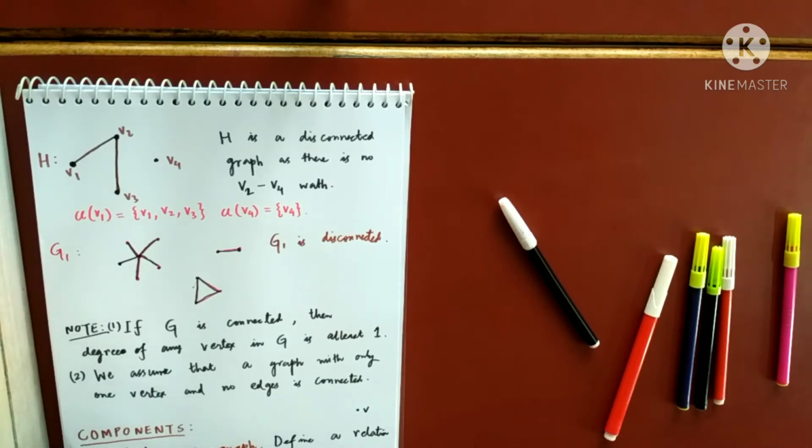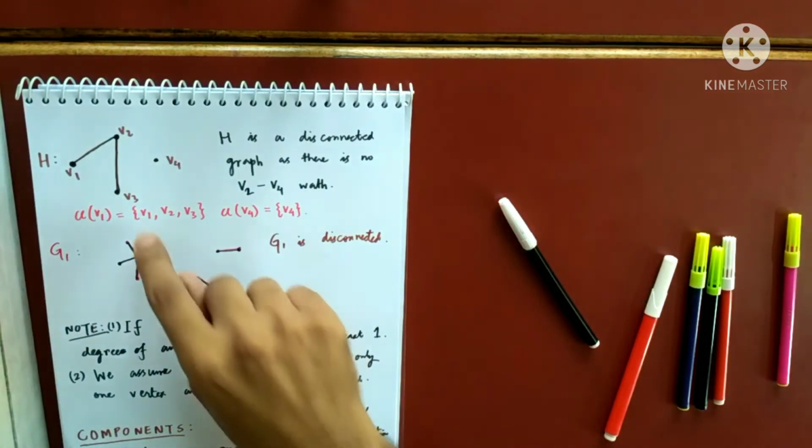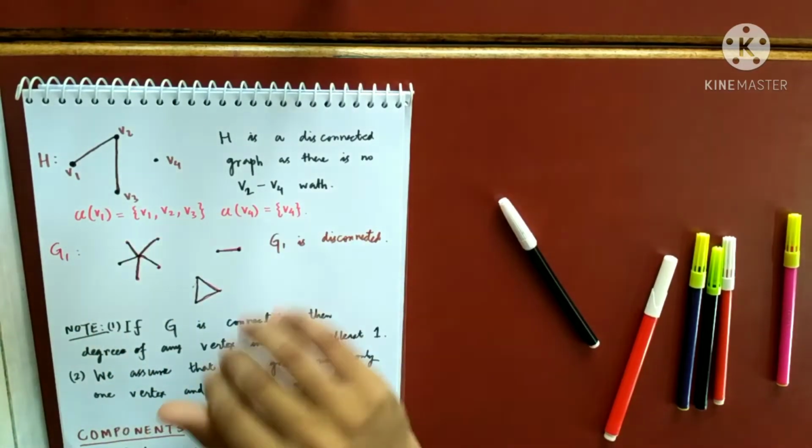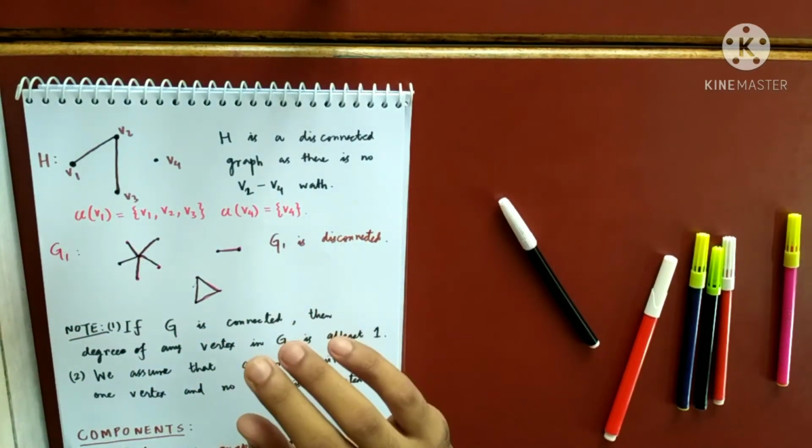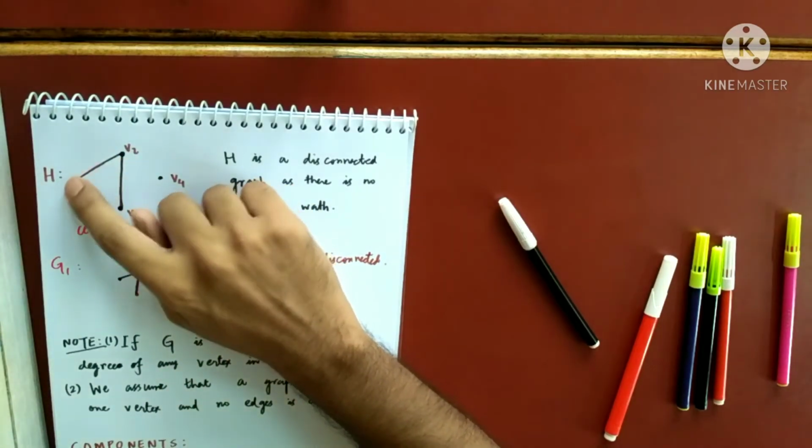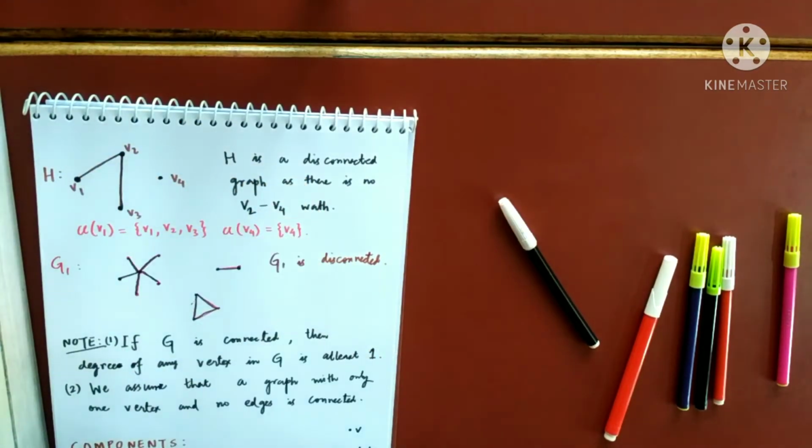They are subgraphs. And to be very honest, it is the largest possible connected subgraph of G. Okay, not exactly largest. I will say it like this: it is a connected subgraph of G which is not contained in any other connected subgraph of G. Like this cannot be inside any other connected subgraph of G, right? Similarly, this is a component. Why? This cannot be inside any other subgraph of G.